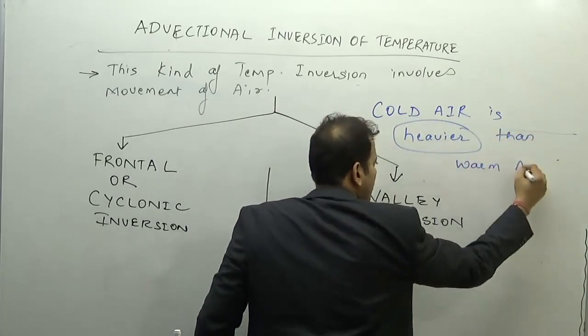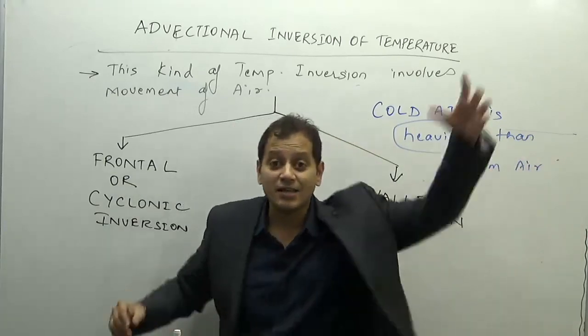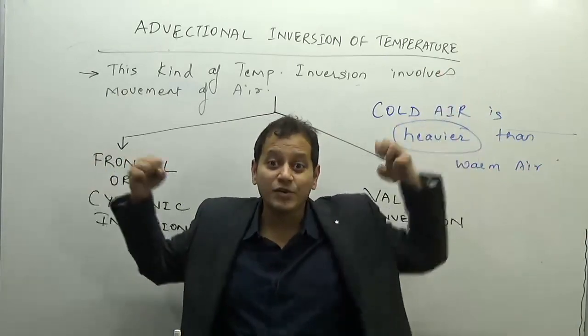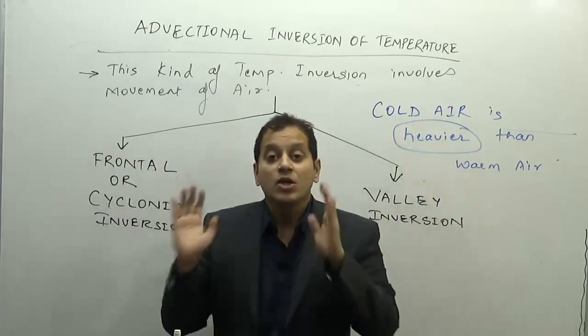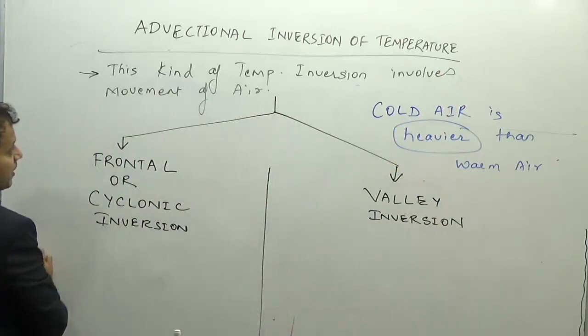And therefore, when the cold air is heavier than the warm air, it is generally seen that the cold air comes down, and because it is heavier and stronger than the warm air, it pushes the warm air upwards. So in the cyclonic or frontal inversion, it occurs,